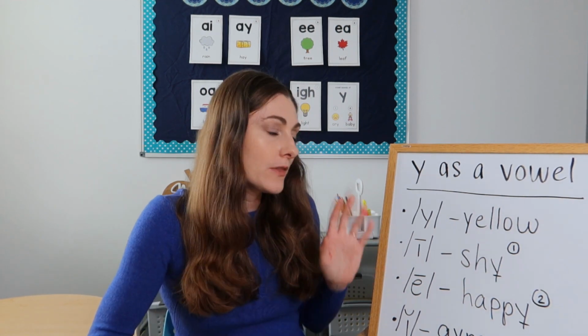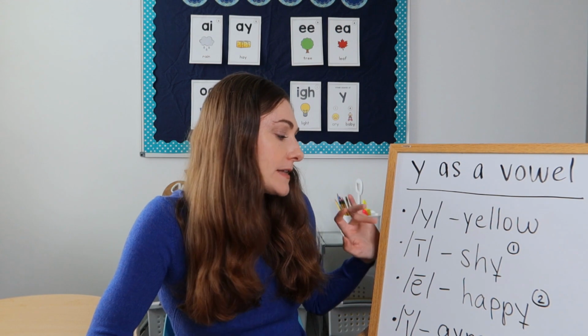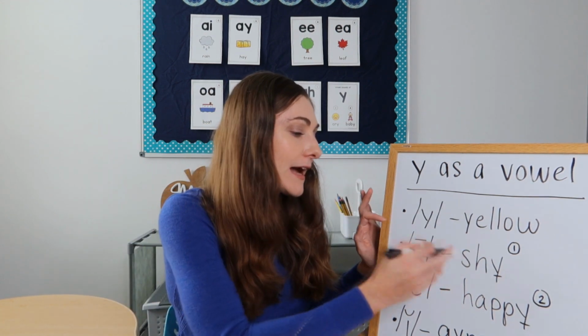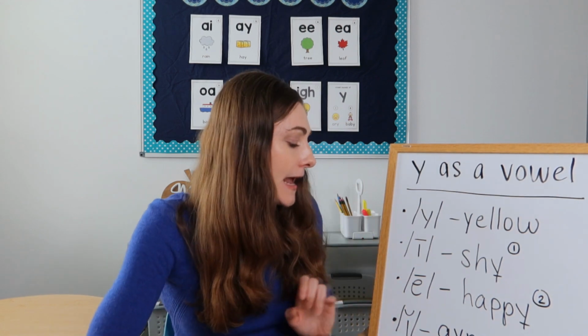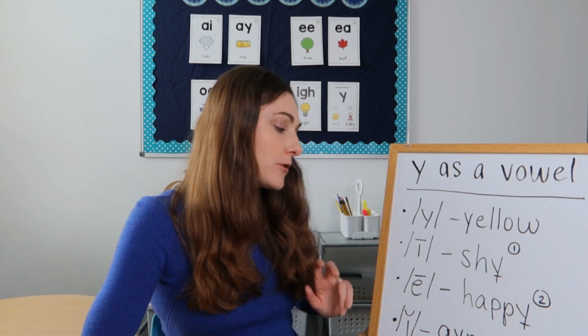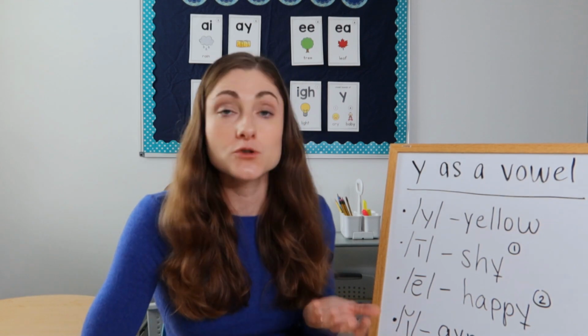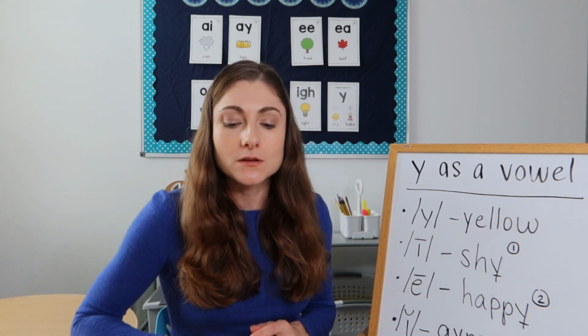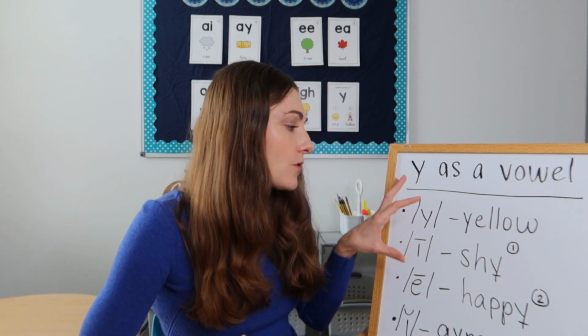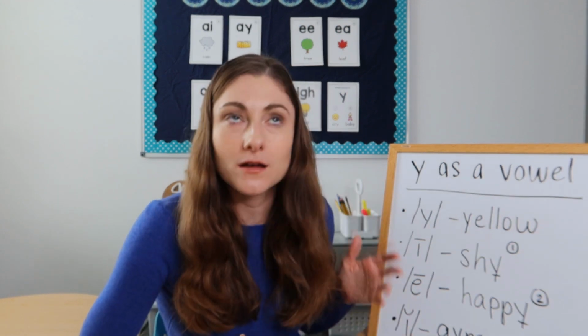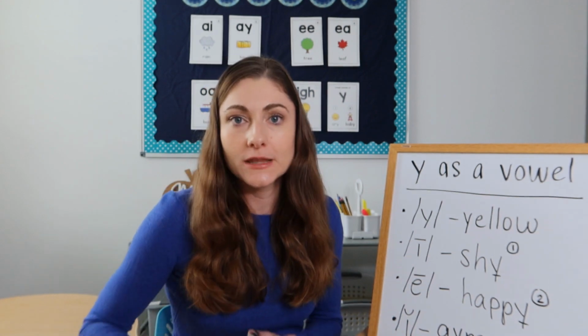In kindergarten, like I said, we do the consonant sound. In first grade, we focus on the long I at the end. Second grade, we review and then also add the long E. And then really, I would say first grade and up, if we see the short I sound in context, then I'll mention it, but I don't do a ton of instruction on it for sure. So these are the sounds of Y, and those are the grade levels in which I